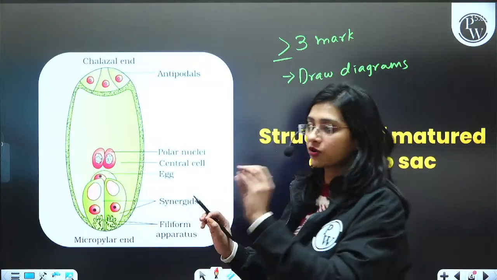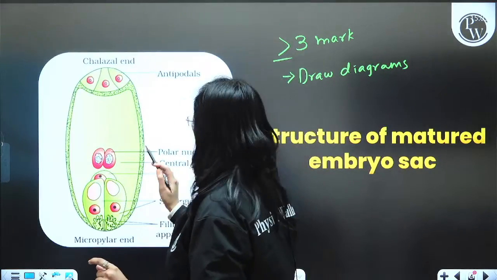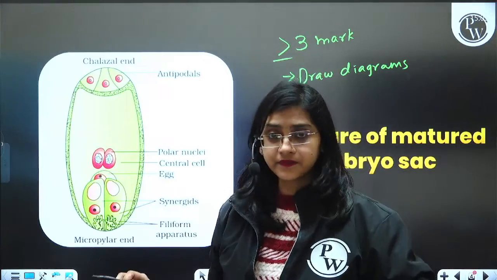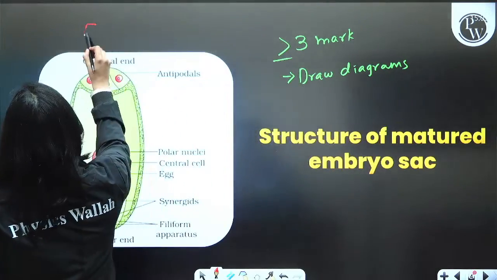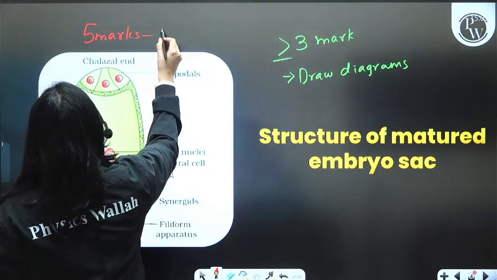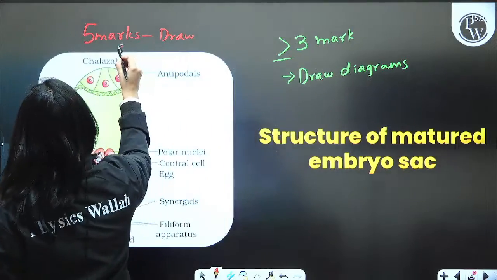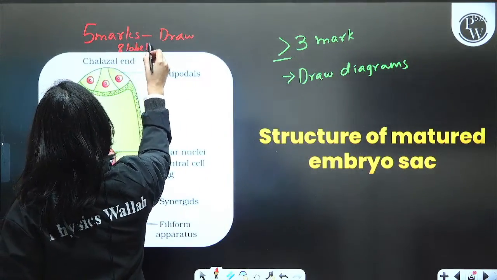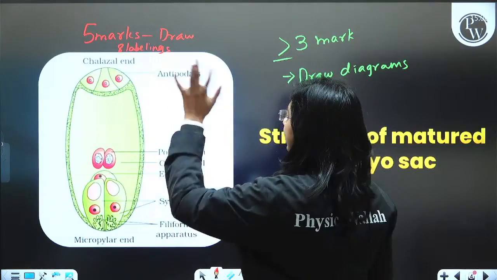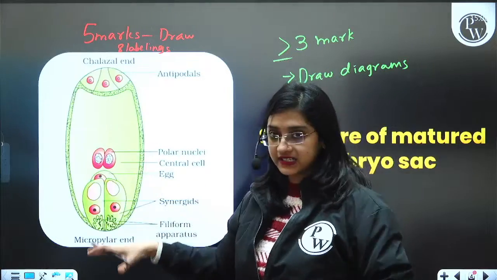You know what and all parts you have to draw. And when I say draw the diagram, it is not just the drawing, but you also have to label. If the question is only about the diagram, imagine the question is just to draw the structure of the embryo sac, then you have to label at least 7 to 8 labels. Eight is better. So 8 labels you have to label if the question is asking only about the diagram and it is carrying